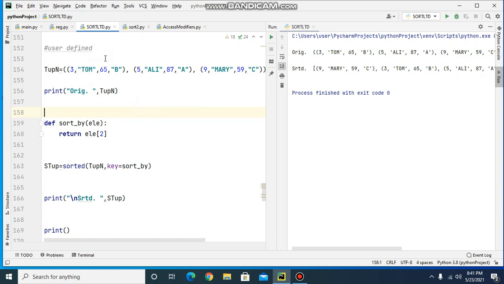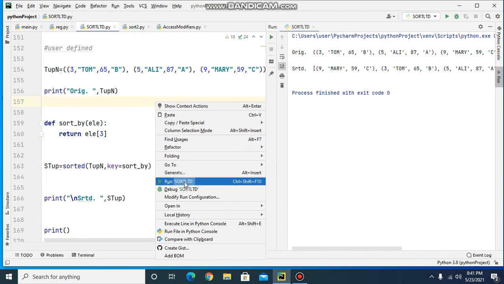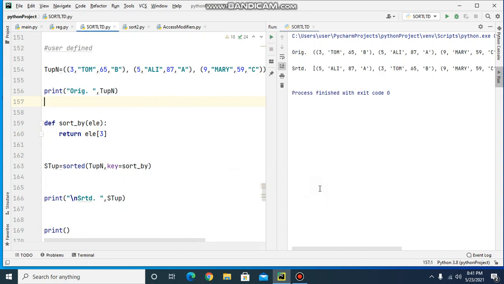Now if I want to sort this tuple on the basis of grade, I will specify the index as 3 here and run it again. So now it has sorted on the basis of grade. Tuple with grade A has come first, grade B second and grade C third.